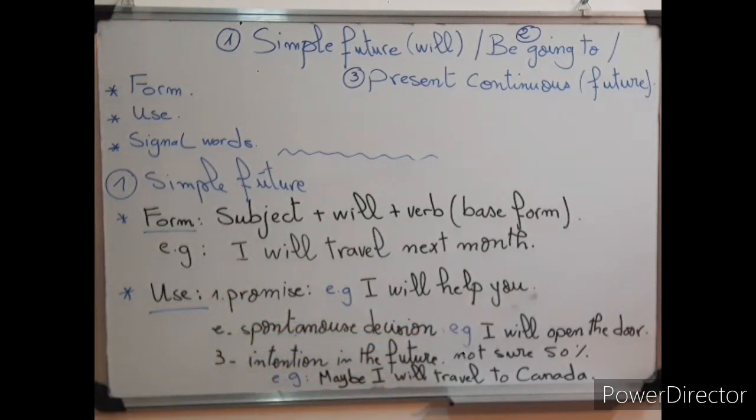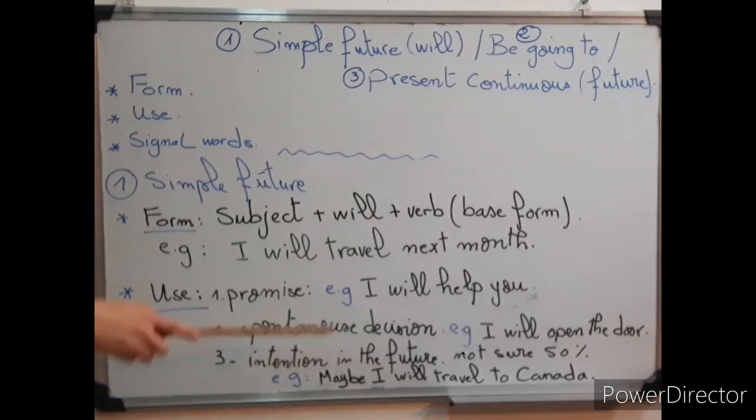50% which means 50%: you can expect, you may not. For example, maybe I'll travel to Canada this summer. Maybe I'll travel to Canada, alors j'ai l'intention de voyager. Okay, and I say maybe I'll go to Canada, clear? I'm not sure. Maybe I'll change the direction, so I'll go to, I don't know, just Morocco for example, or to another country. Clear? So here are 3 uses: